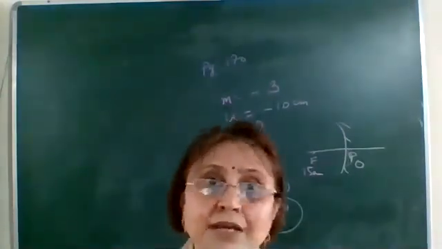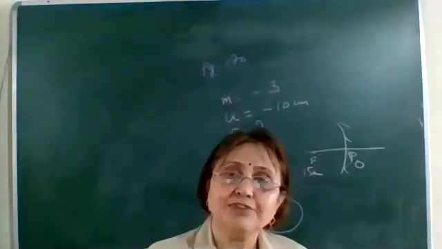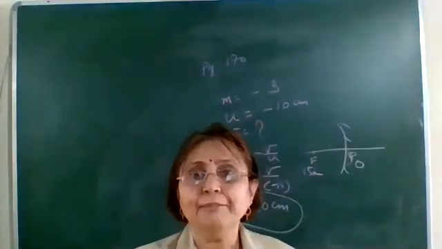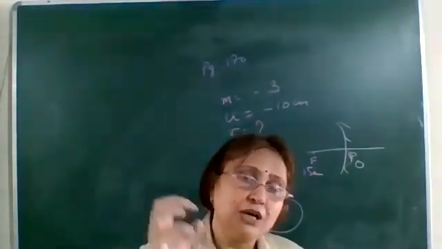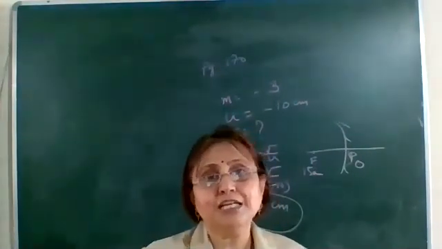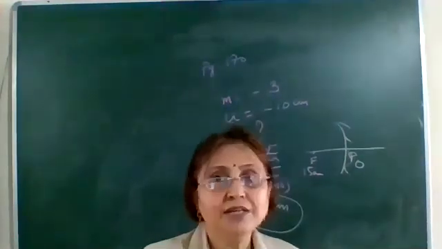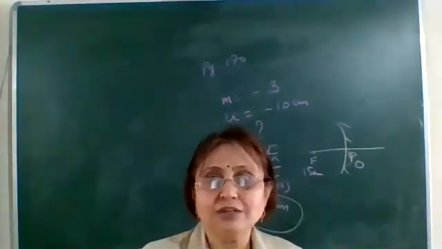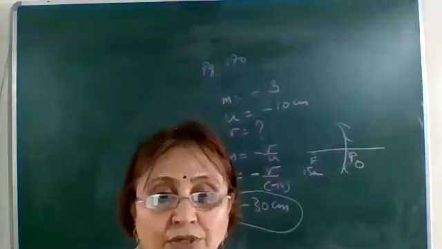Okay, the same type. Either you have to use one formula, 1 upon f is equal to 1 upon v plus 1 by u, or the other formula, magnification is h_i upon h_o, which is equal to minus v by u. The only thing which you have to keep in mind is putting proper signs in front of it. You have to use all these values according to the sign convention.